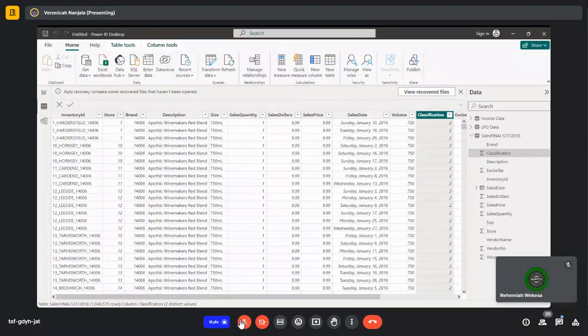So if you select one of the date columns, let's say, for example, we want to do the sales date, and then we want to create more columns from the date, maybe to get the month or the week number or something like that. So we can just click on the sales date. Then we come to the add column